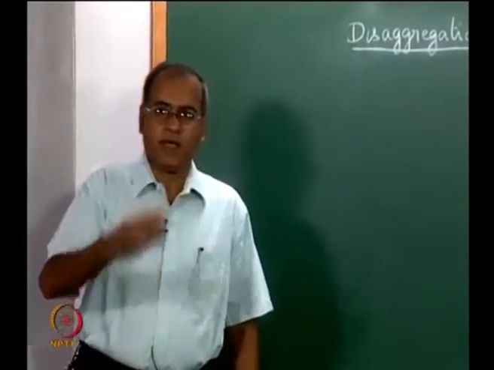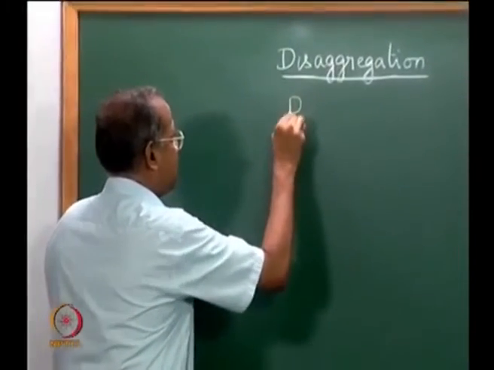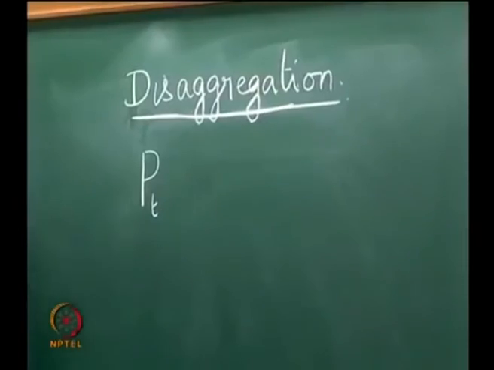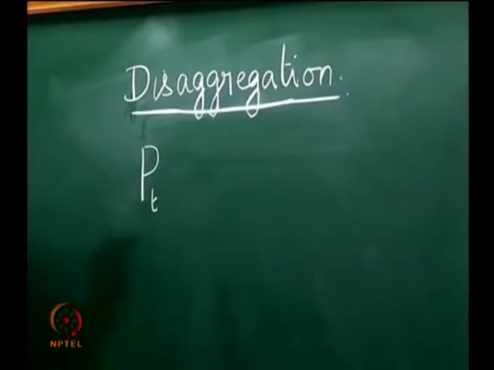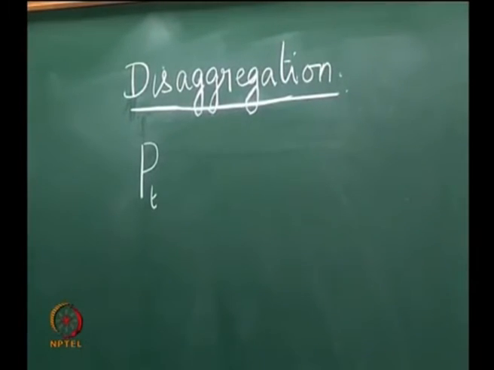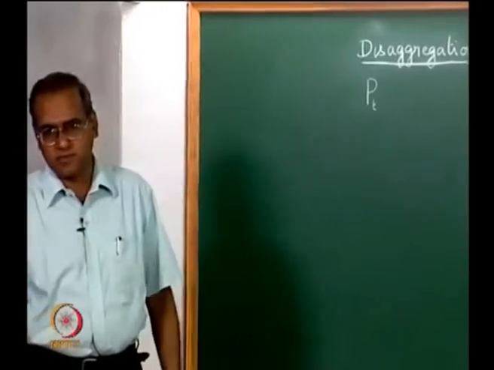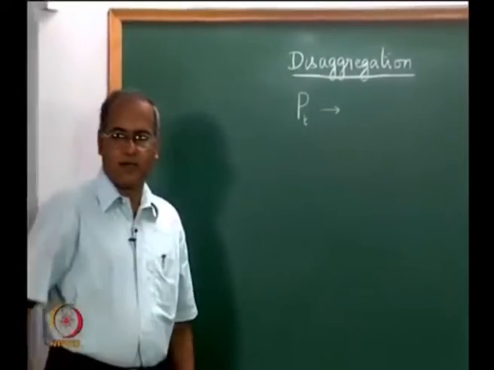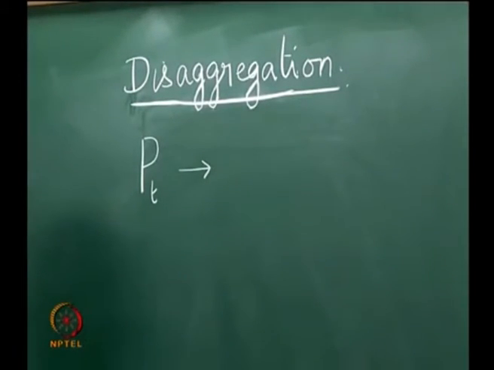When we solved the aggregate planning problem, we used a variable called PT, which is the production time that is available in every period. Now, the next step is to see how we use that production time PT to produce various products. When we studied aggregate planning, we assumed that there is an aggregate product which adequately represents all the products that are made in the organization,